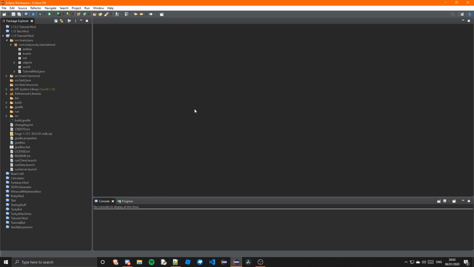In this one we are going to be going over how to create an item with object holders, and specifically an object holder for specific items. So in 1.15 there are many ways to initialize items. I'm not going to be covering all of them, of course, but I'm going to be covering quite a few